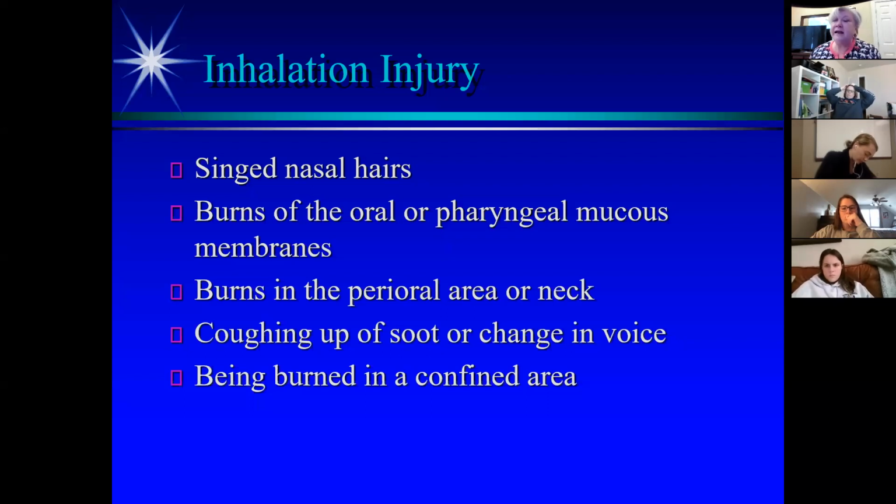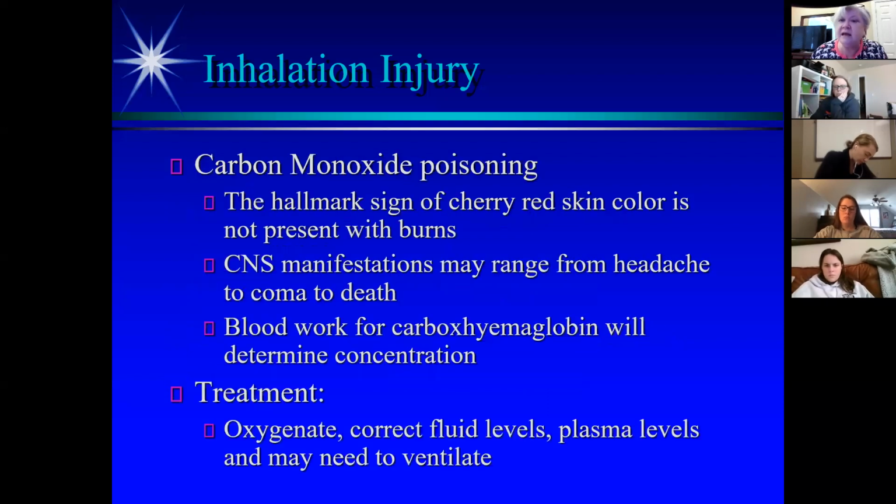So one kind of inhalation injury is fire, is heat. The other one is noxious fumes. And the most common that we get is carbon monoxide. Now, carbon monoxide is due to incomplete combustion. And we see this a lot when the weather changes and people use space heaters and have their furnace come on for the first time. And so what happens is they get more carbon monoxide in their body. And carbon monoxide, which is CO,